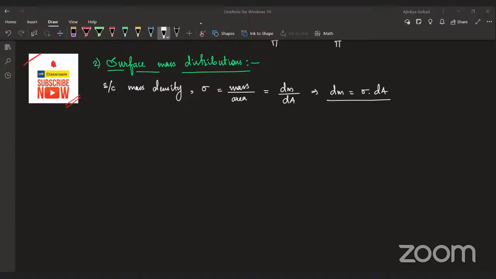So what I'm going to do is write the positions of center of mass for different objects which are considered under the surface mass distributions. You can look up the derivations everywhere; they are given in all the standard textbooks. So let me make a list of all the surface mass distributions that we're going to discuss. The first one that you should remember in this